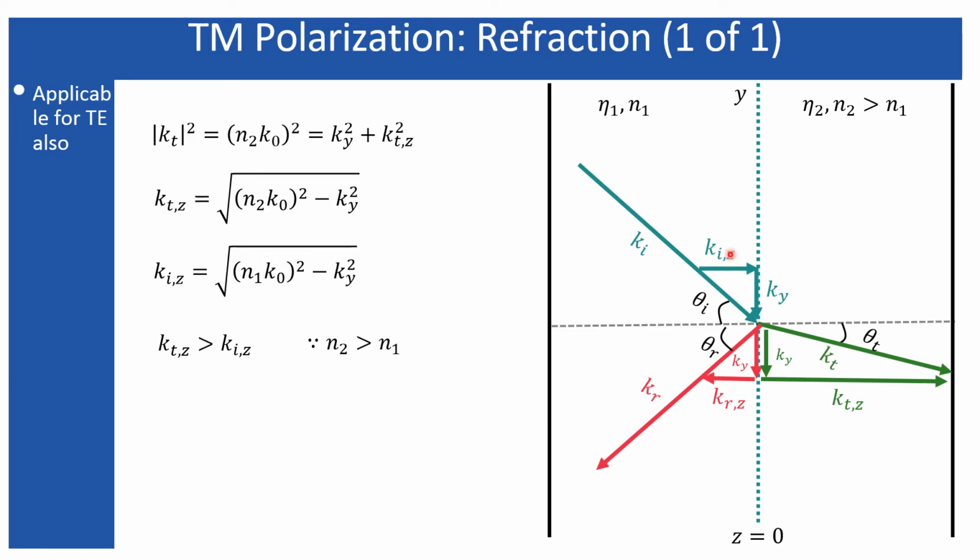Now consider the opposite case, when the incident wave is coming from the denser medium into the rarer medium. In that case, this condition will be just opposite. That means the z component of the transmitted wave vector will be less than the z component of the incident wave vector. So the z component will be defined by a shorter vector than the incident wave. In that case, the resulting vector will be like this along this. So that will result in a larger transmitted angle, and the transmitted wave will be away from the surface normal.